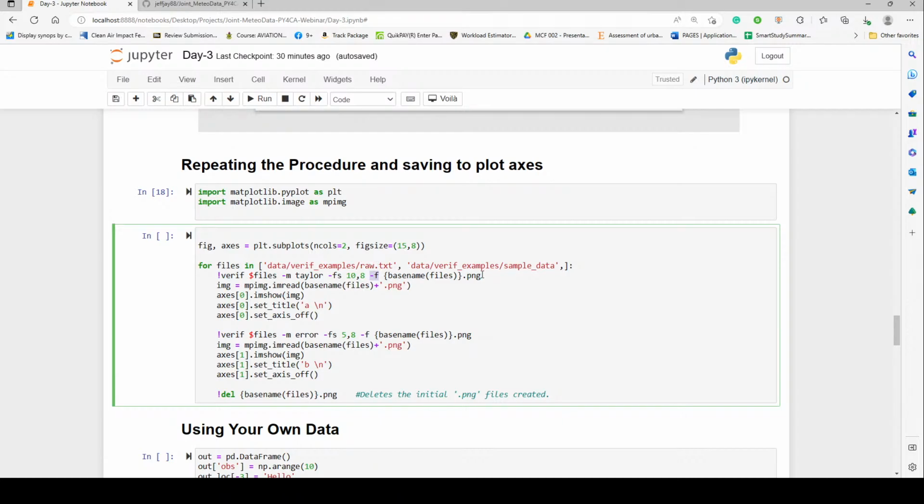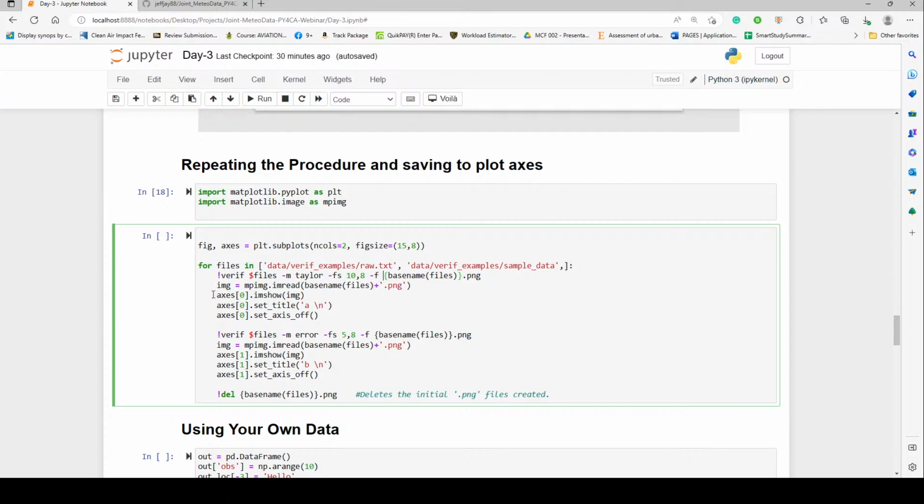All right. So this will create the Taylor diagram and save it into a file. Now we are terming that file just as a temporary file. And since it's a .png, we can then use the mpimg that we imported, the matplotlib.image. We can use that to read the PNG file from here. All right. And this is actually a Python line. So in this case, we don't need the curly brackets like we did for the command line interpreter. So we would run this on the base name of the file .png, and then it reads that PNG file,